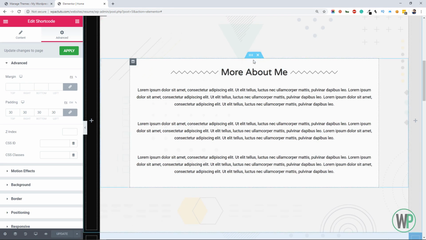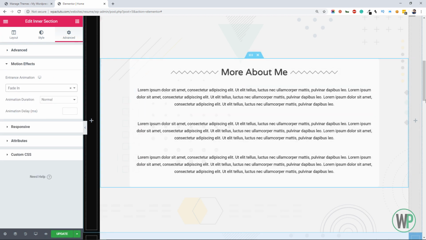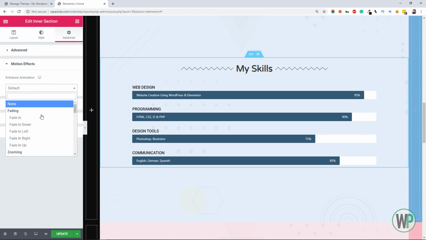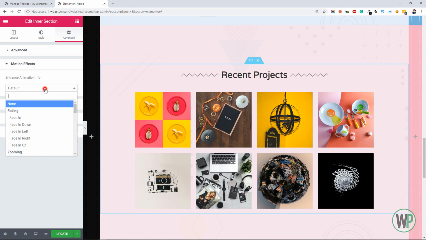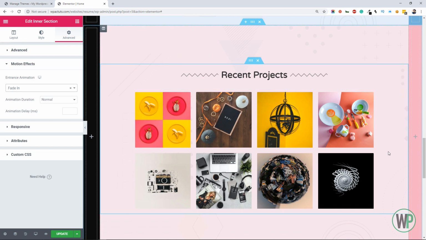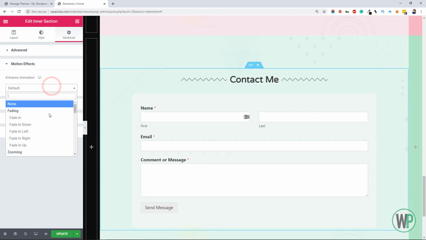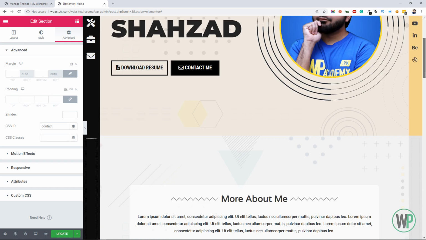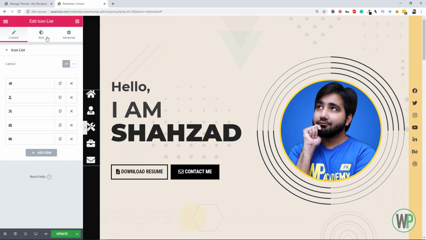Okay, now let's add some motion effects to each section. Just fade in would be enough. Now let's link this section with the menu. Remember that we gave IDs to each section.